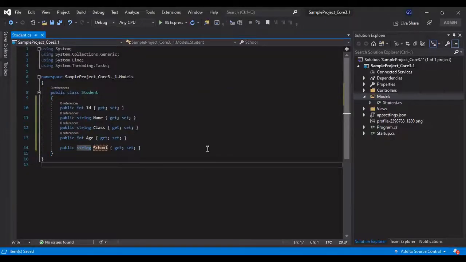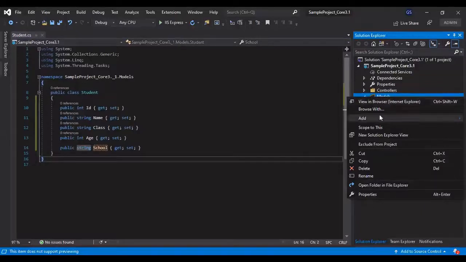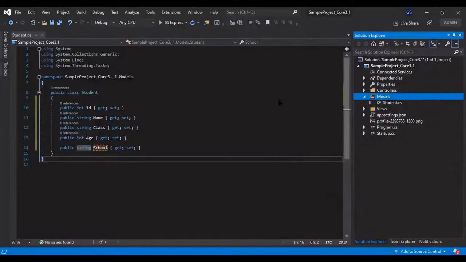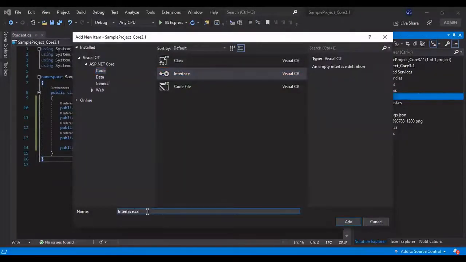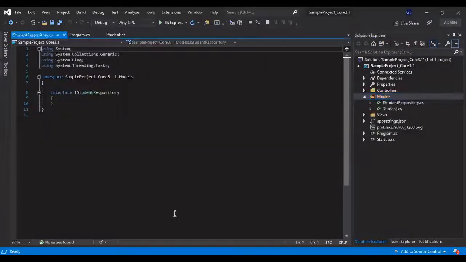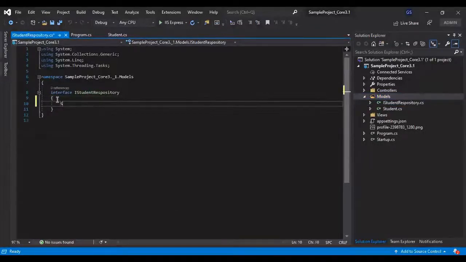manage the data, to get the information from our underlying databases. So now let's add another model inside this. Basically we'll add an interface. We'll discuss later why we require this. So let's add an interface named IStudentRepository. Now let's add a method that returns Student type data, GetStudent, and it will receive an int as an ID parameter.